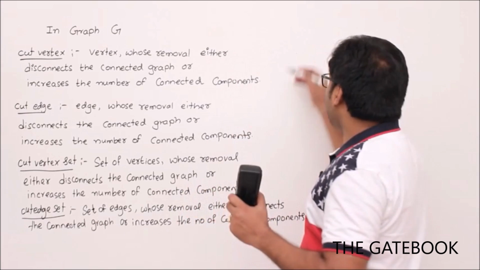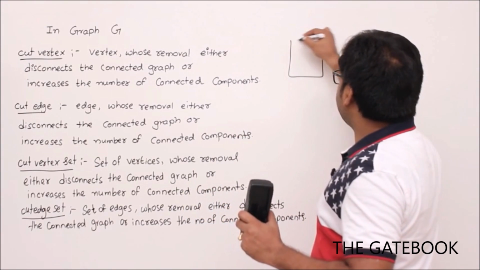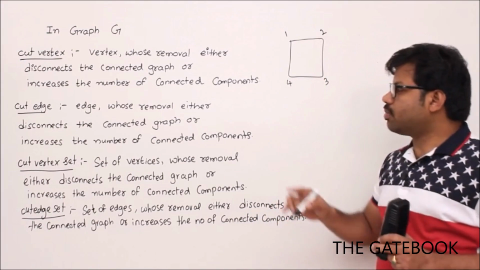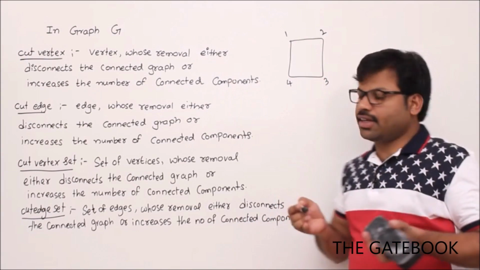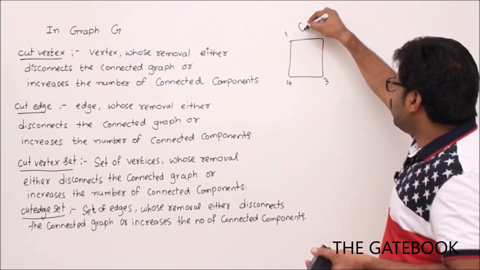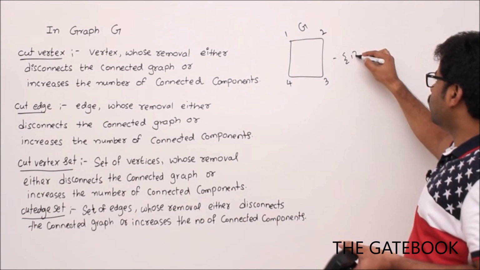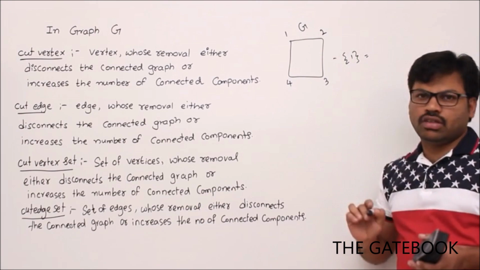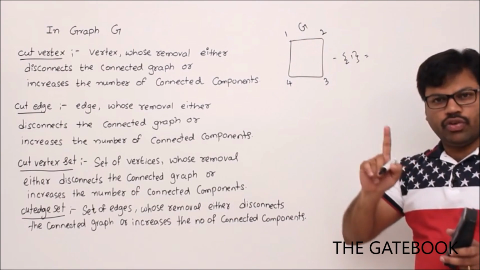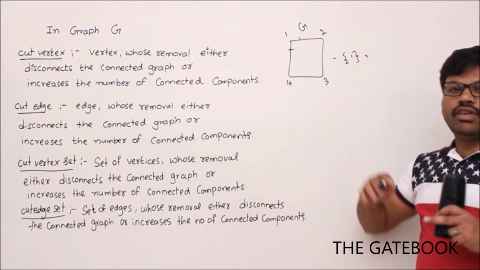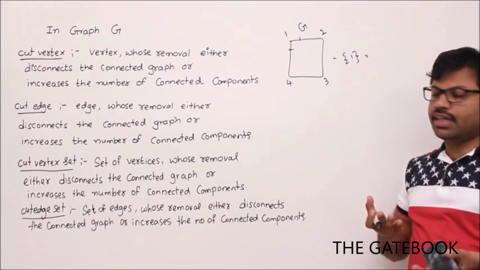We'll see one example. I have a graph like this: 1, 2, 3, 4. First I will explain what the removal of a vertex is. This is your graph G, and removal of a vertex is an operation. For example, if I remove vertex 1, what should I do? When you remove vertex 1, remove it and all its corresponding edges, that means this one and this one. Then whatever resulting graph you get, that is called